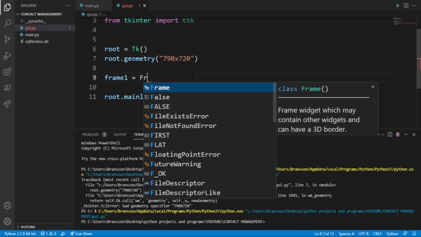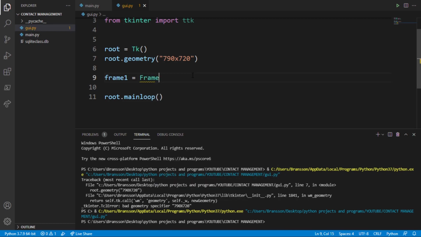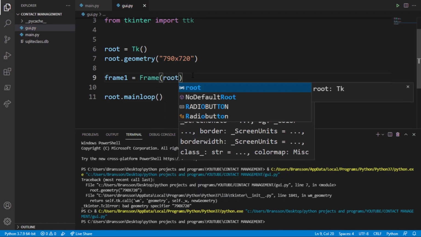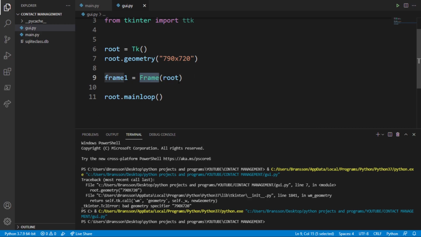So frame one should basically be equal to Frame. In this frame, we are going to pass in root. Frame is going to create that sub window, a smaller version of the window, whereby we can make changes to it and treat it like a window where we can create buttons inside that small portion of it. So frame is going to be based on root, inside our window. And here I'm going to do frame